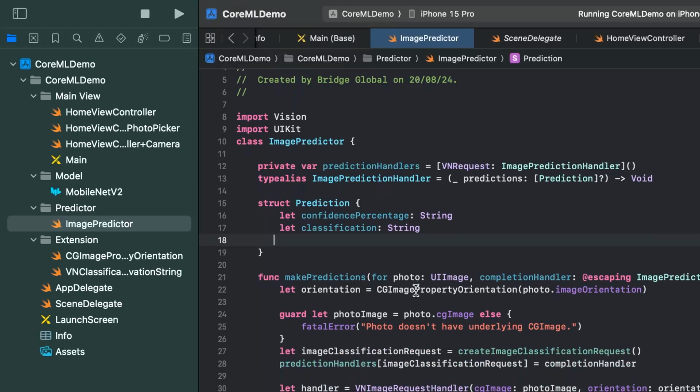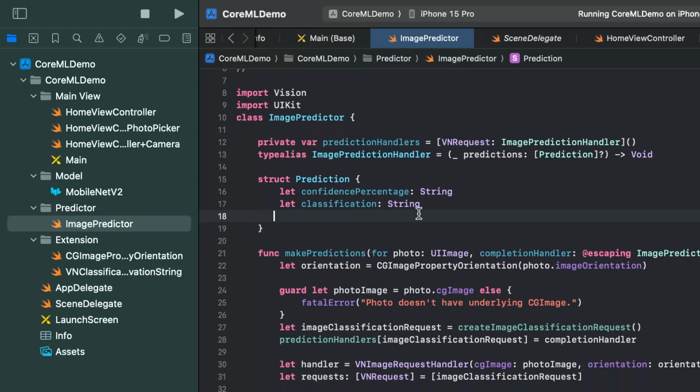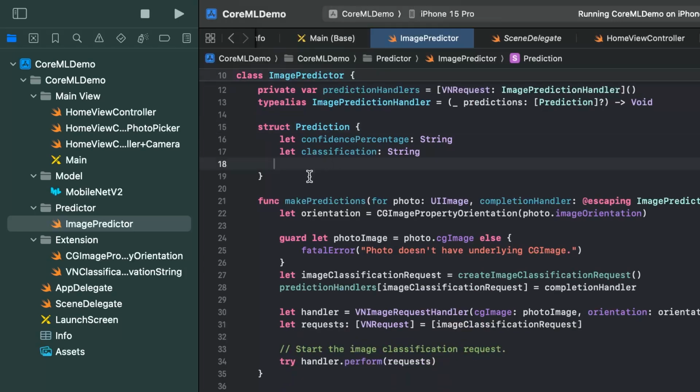The image prediction handler is basically the application's way of knowing when the model has finished analyzing the image, and it gives us either the predictions, or it says that it couldn't make any predictions. The predictions here contain two kinds of data, the classification and the confidence percentage. Classification is what the model thinks the dominant object in that image is, and confidence percentage is how confident it is in its predictions.